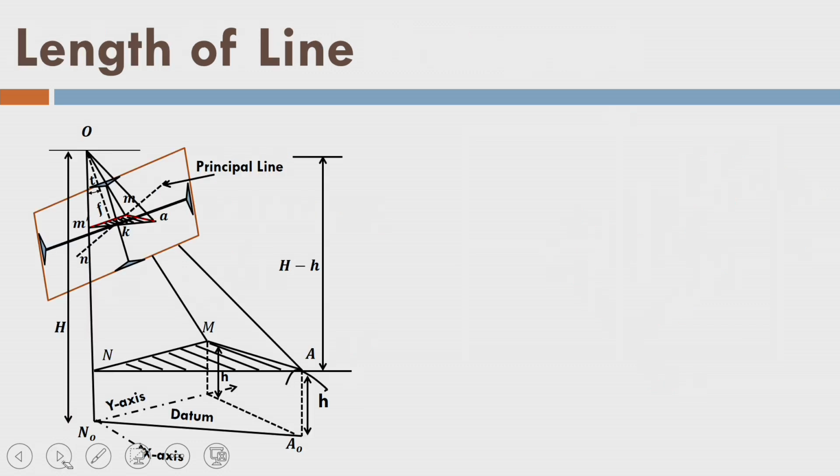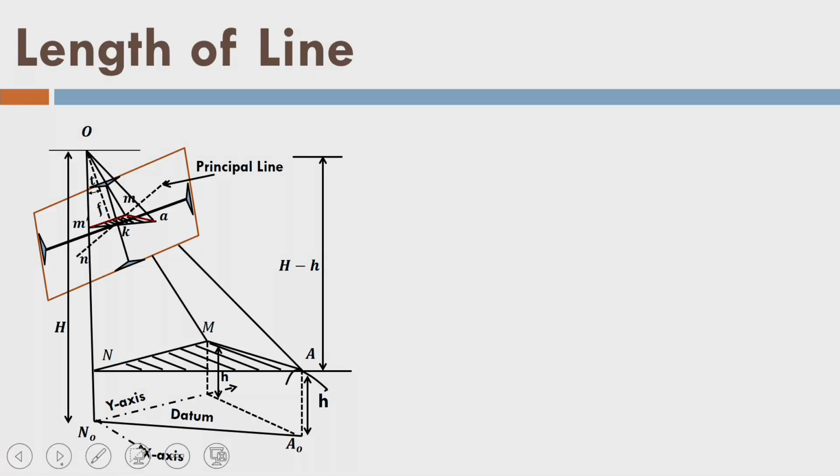Similarly, we just talked about the scale of the tilted photograph. Now, if we go ahead, the length of a line. Let us measure the length of a line on a tilted photograph. What does it mean? We are trying to measure the length of the line on the ground surface using a tilted photograph. That means I am going to measure the image points on the tilted photograph. I already determined the scale of the tilted photograph, so I am finding out the distance between the 2 points, which I do not want to measure in the field, rather I am measuring from the photograph itself.